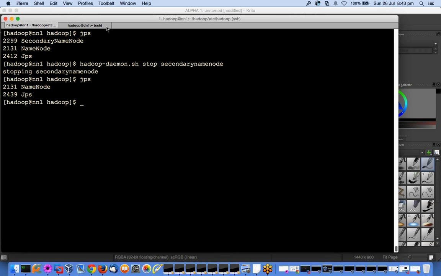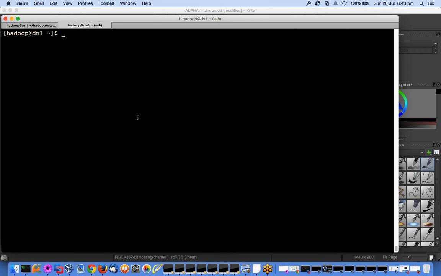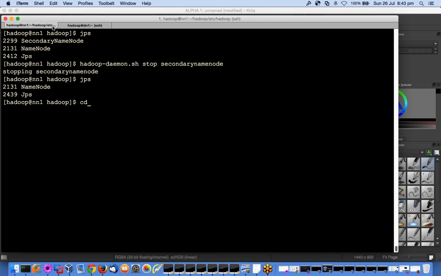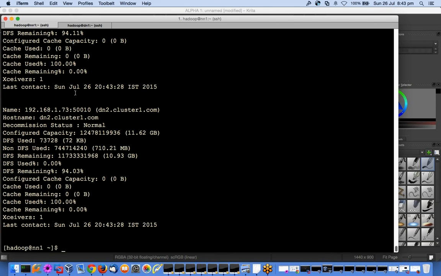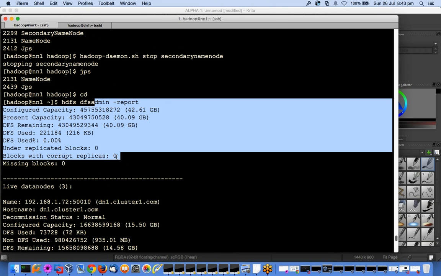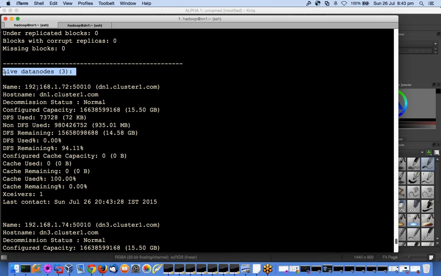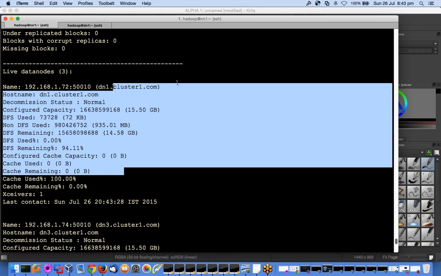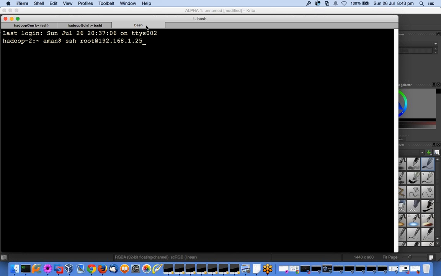Right? So now I go to the data node, JPS, the data node is also up. I can do hdfs dfsadmin -report. So it is showing me 3 data nodes. Total capacity, live data nodes 3, showing me each data node's storage capacity. Right? So similarly, I will go now to the job tracker,